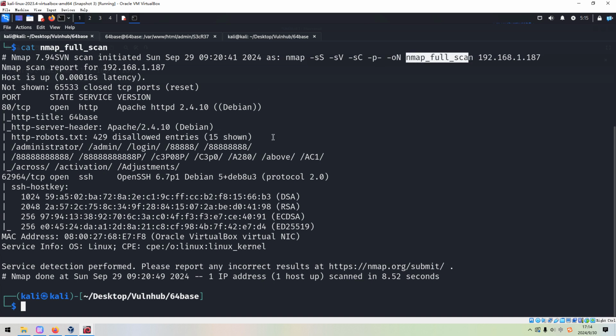From the Nmap scanning, we can tell that the target has two open port numbers. The first one is 80, which is running the HTTP service, and also the version information, Apache 2. And the default script scanning tells us the target has a robots file available, which contains 429 disallowed entries. So there will be a lot to go through. Okay, we can use Python, or we can use some utilities to help us to enumerate.